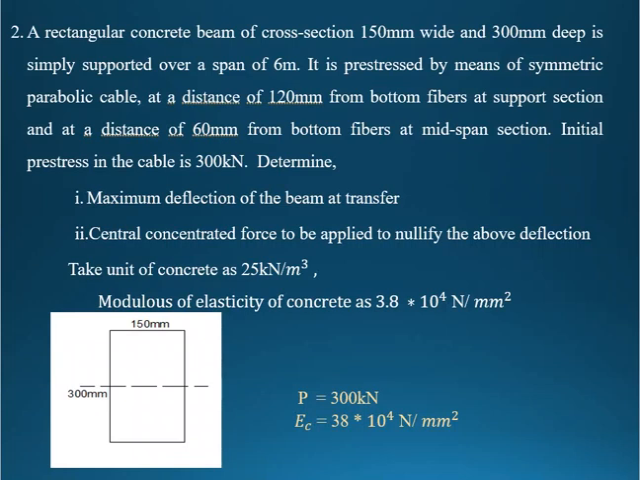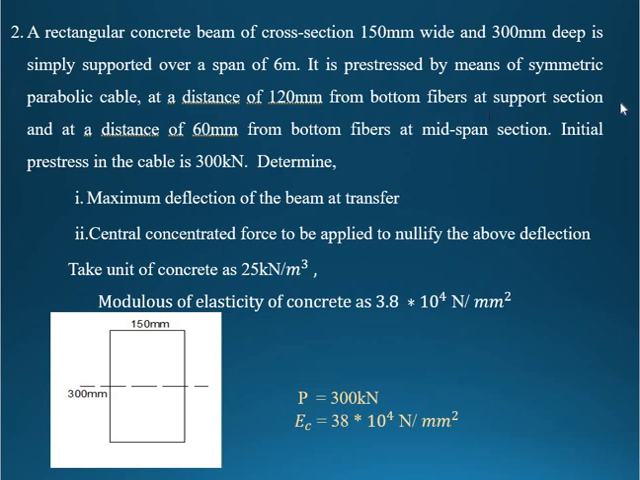Everyone, welcome back. Today I am going to explain a problem on deflection. A rectangular concrete beam of cross section 150 mm wide and 300 mm deep is simply supported over a span of 6 meter. It is pre-stressed by means of a symmetric parabolic cable at a distance of 120 mm from the bottom fiber at support section